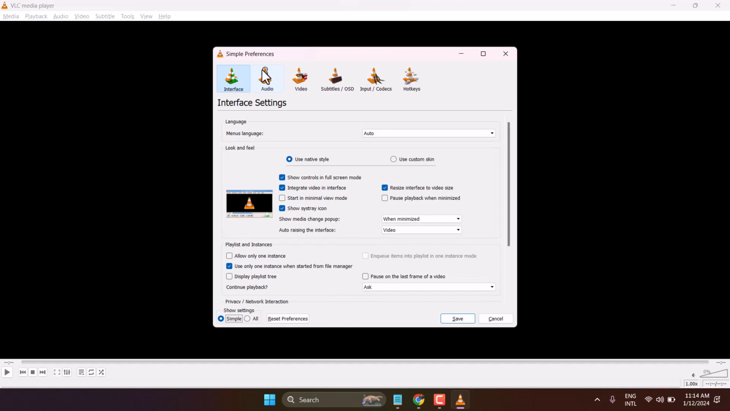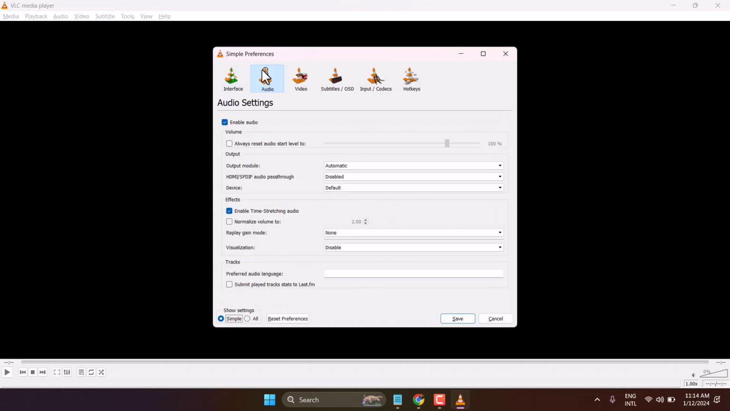Now here click on tools, then press Ctrl P or click here preferences. Now here select audio. If enable audio is not selected, then select it